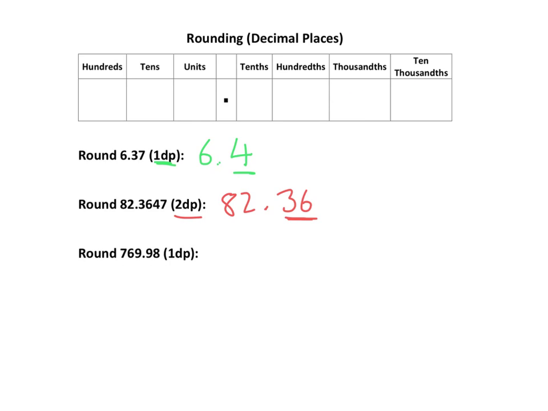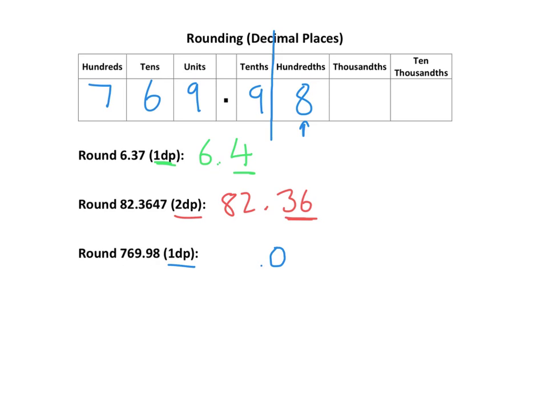And then we're going to get into the last one, which is 769.98. Now again, we're rounding to one decimal place, so I'm going to be rounding at this point. Now we've seen stuff like this before where it has a sort of knock-on effect, doesn't it? So the 9 has got to round up because it's followed by an 8 here, so that rounds up to